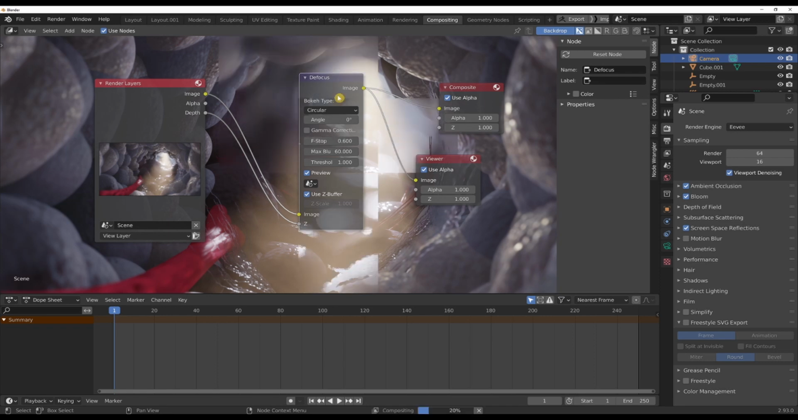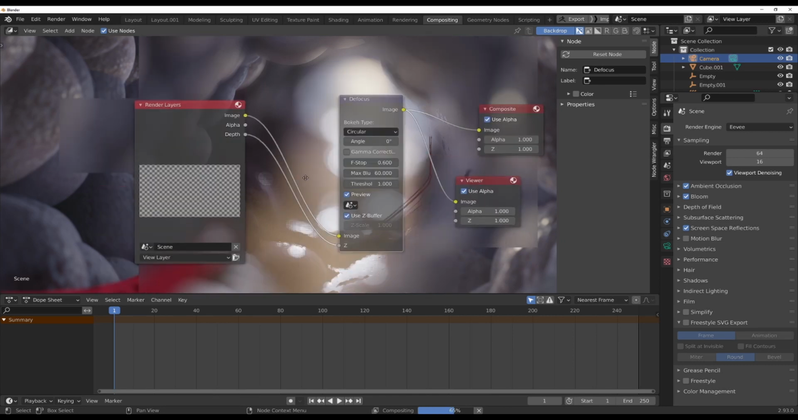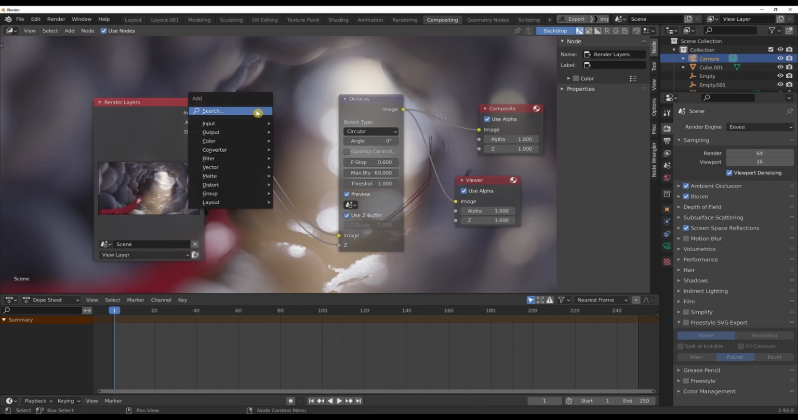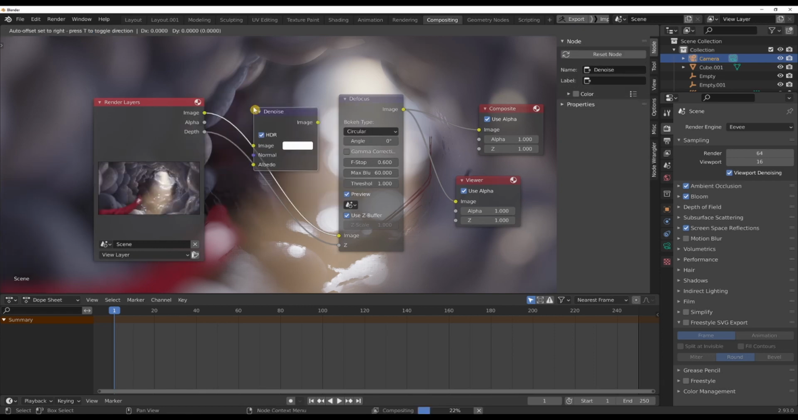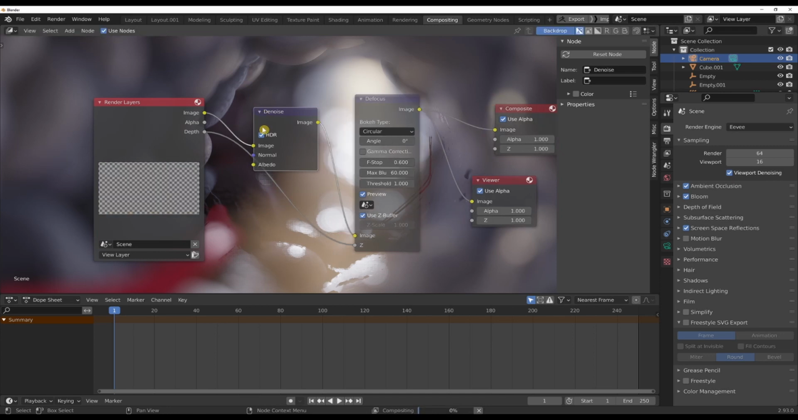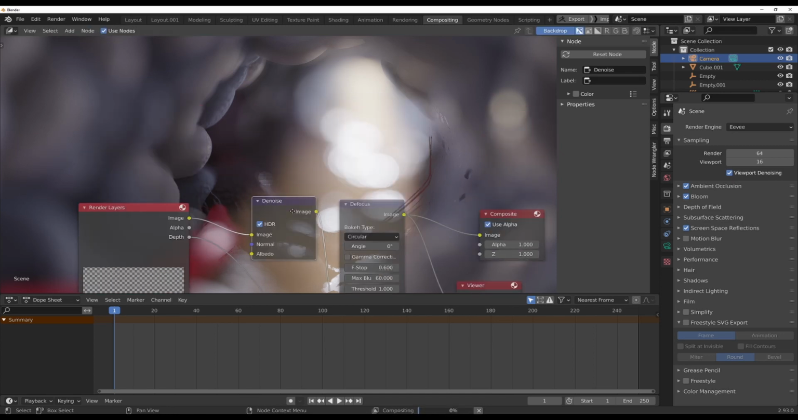You'll notice this in the compositing, and that's just the nature of it. But usually, if you already have it, it's not going to be as big of a deal because it's going to be moving, unless you have like a static